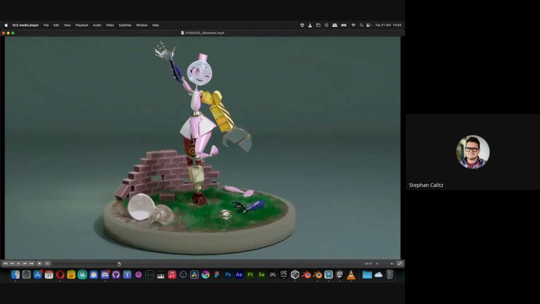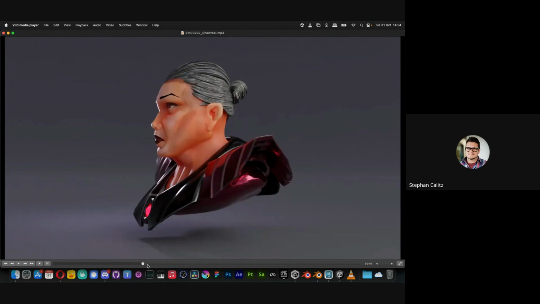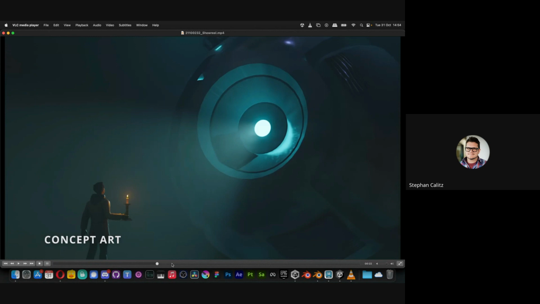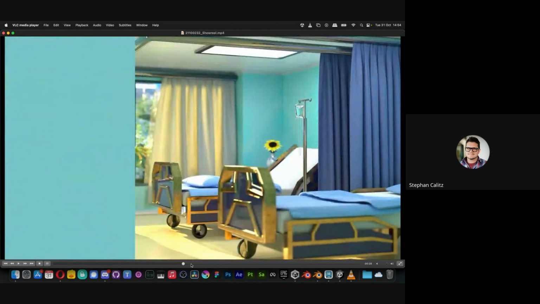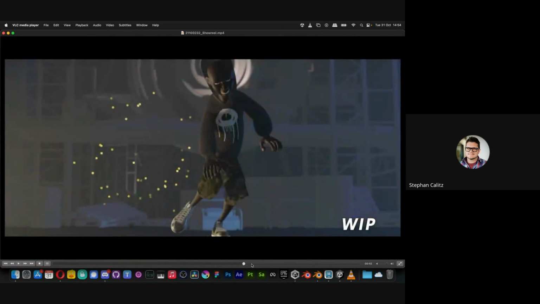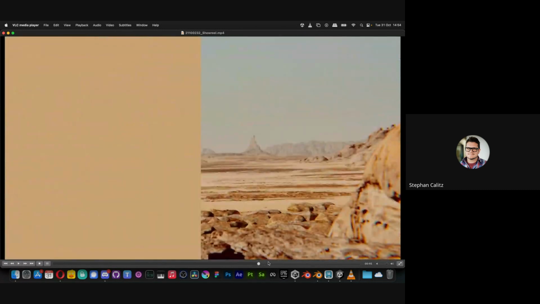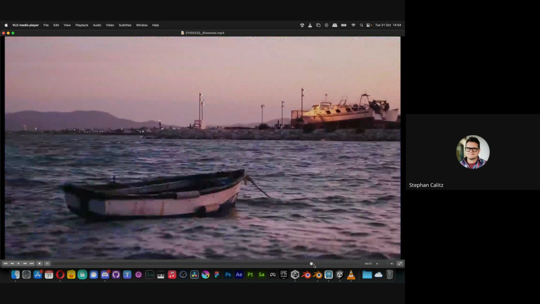And also, for these models, do show us the wireframe. In some instances, especially if you want to be hired as a 3D modeler, people are going to need to see the models and not just the final render. So please show us some. We can also tell that it's concept art, 3D animation. I would just remove those titles altogether. Work in progress is a perfectly fine title, especially if it is still work in progress. But for the rest, it all works.